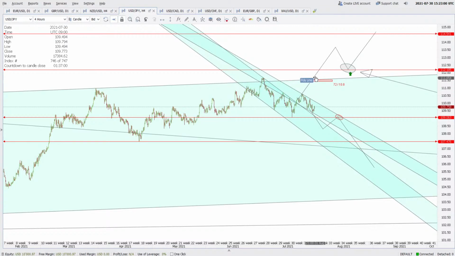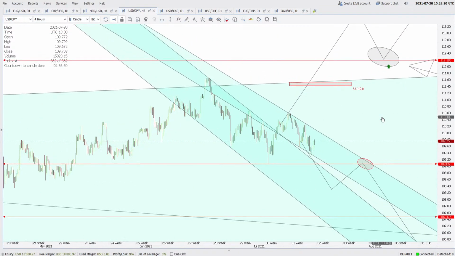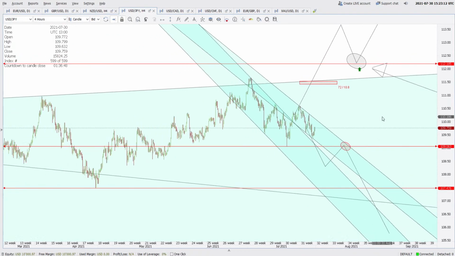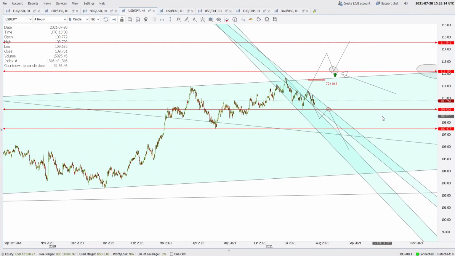Okay, so there are multiple reasons not to buy this pair, because we have continuous resistances starting from 111.50 levels. So we should be waiting and watching this pair till the 112.18 level comes, and if the price breaks higher, we should be looking for a buying opportunity, which I have already marked on the chart. And on the other hand, if the price breaks below 107.47, which is the weekly upswing pivot,